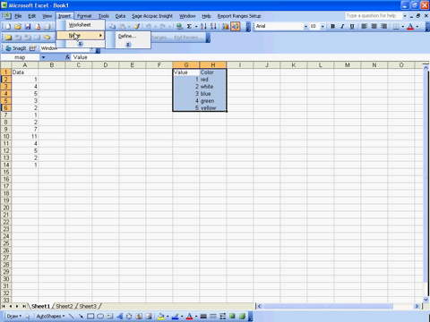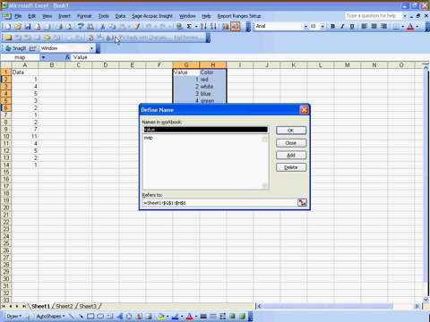I go to Insert, Name, Define, and add a name for this table I want to look up on, and I'm going to call it color underscore table. Don't use spaces in your names in your workbook. Always use underscores if you want to have a long name for the table. So I say OK